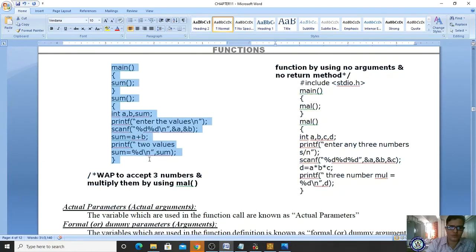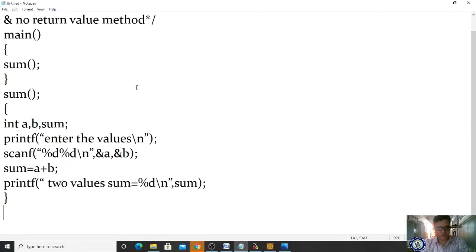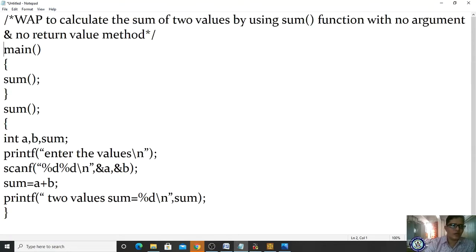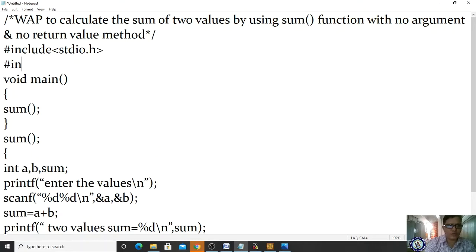Okay, function with no arguments and no return value. Let me copy this program, take a new file and paste it, and add appropriate header files, #include <stdio.h>. We have to perform addition of two numbers without arguments and without return value.